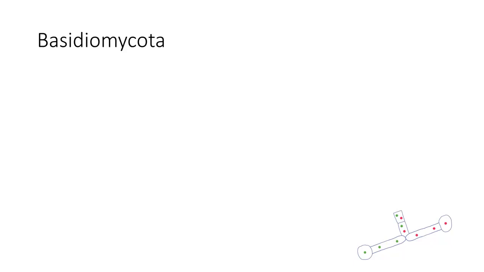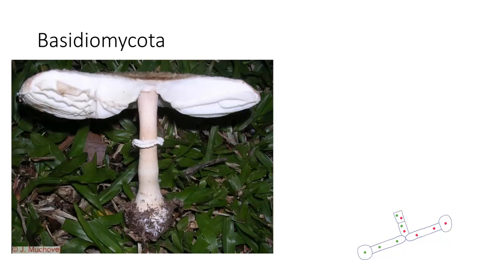They fuse to give you the dikaryotic mycelium. The dikaryon expands on forever, and it continues to grow. And eventually it will undergo sexual reproduction. When it does that, it normally occurs in something like this, which you would call a mushroom. And the mushroom has the gills, and on the gills is where we get the formation of the sexual part.